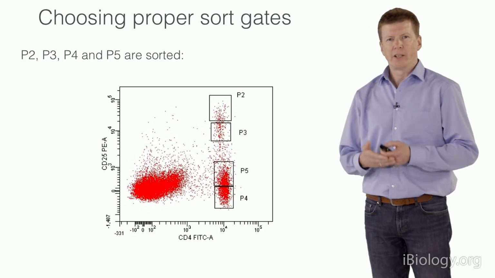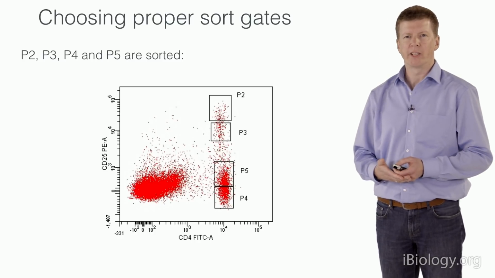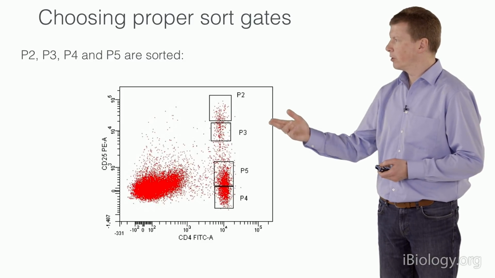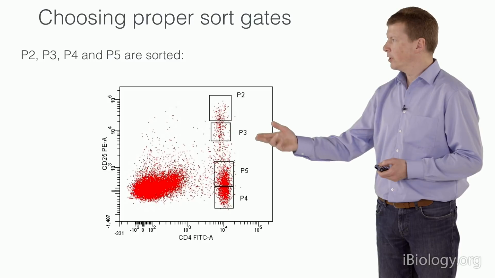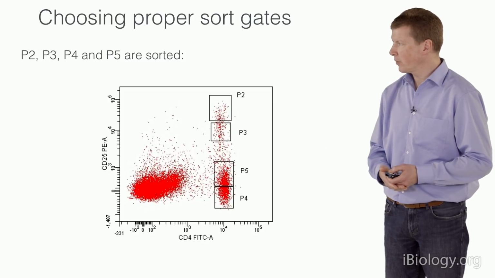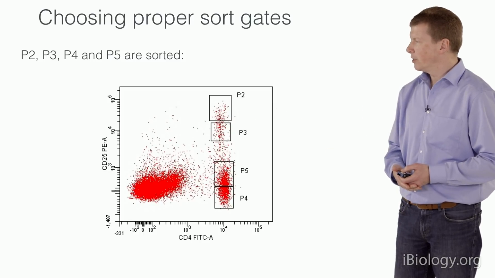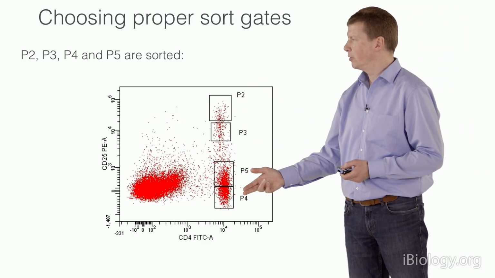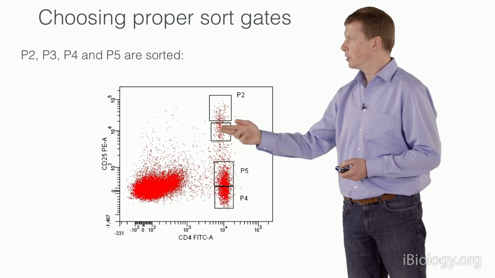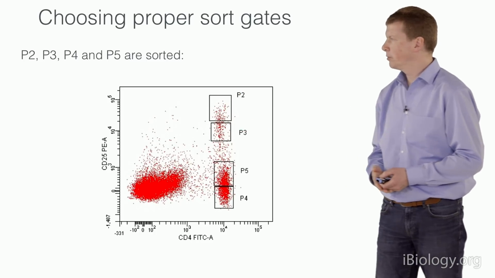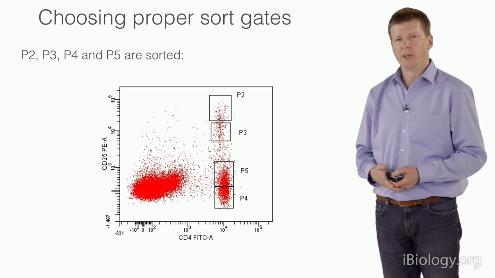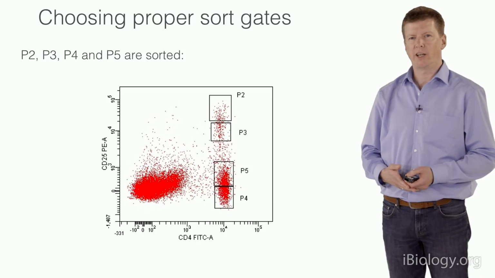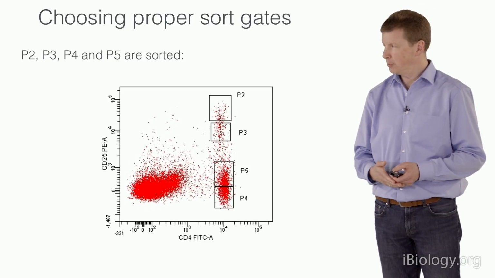To come to an end, we will also have a look at the gating strategy. Here I chose an example for regulatory T cell staining with CD4 and CD25. You can see two populations: one of CD4 single positives and one of CD4, CD25 double positives. For both populations, we now set two sorting gates for a high and a low expression of these markers.